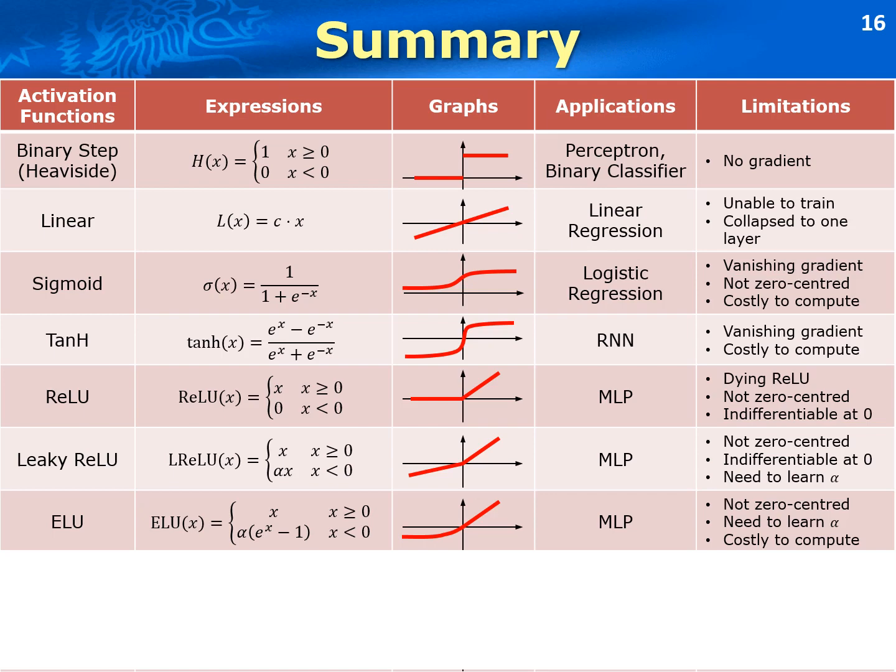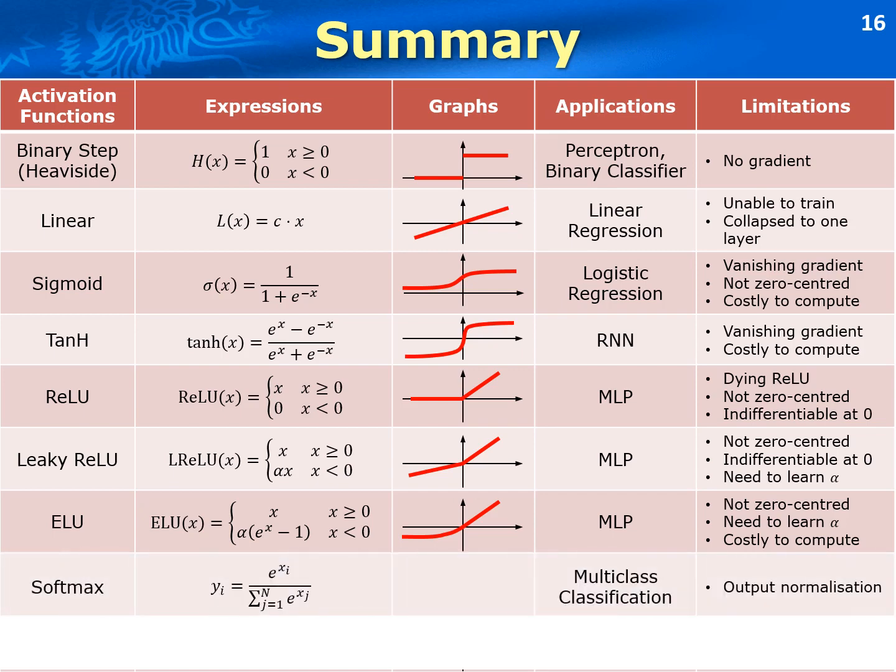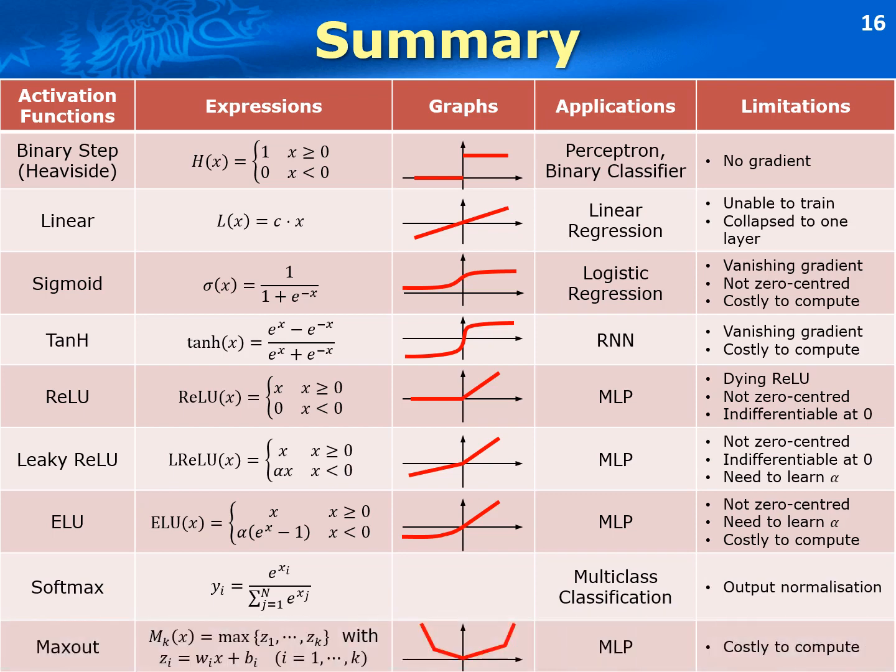Softmax is a normalized exponential function. It converts a set of numbers into probabilities, which is often used for multi-class classification problems for output normalization. Sigmoid function is a two-dimensional version of the softmax. Maxout is a modern activation function recently introduced by Goodfellow. It employs multiple piecewise linear convex functions as an approximator. It covers ReLU and leaky ReLU as special cases. Maxout achieves higher accuracy, but its computation is rather